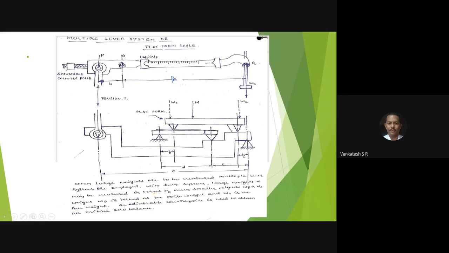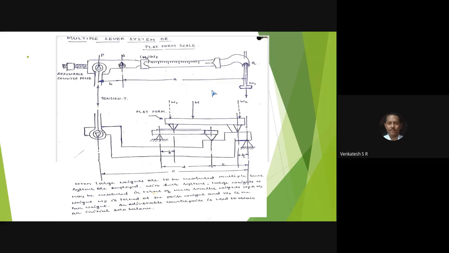Like this, the weight can be measured using a platform scale. So you have a small derivation, that is, force equal to tension T into radial distance R. F equal to T into R. That is, the force